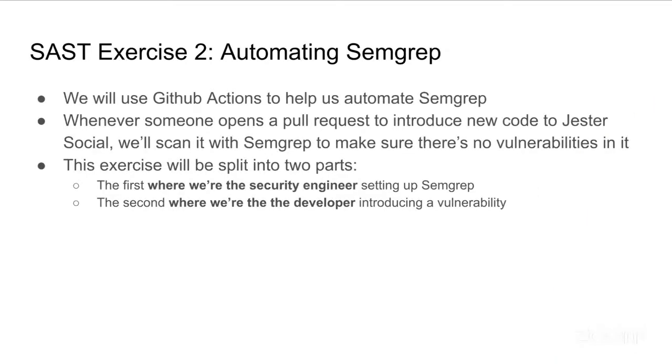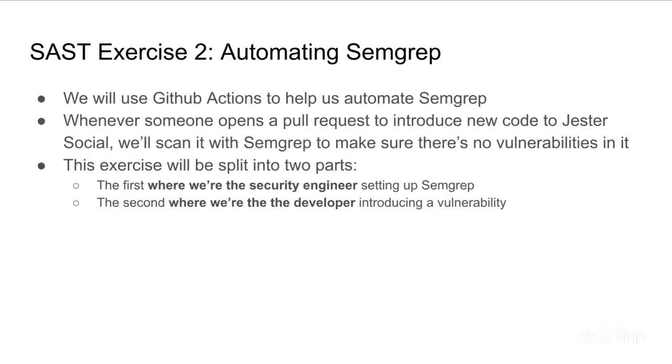So Mark mentioned earlier the concept of GitHub Actions. GitHub Actions is how GitHub lets you run code whenever someone opens a pull request. So for example, when a developer wants to propose a new piece of code for the code base, they'll open a pull request. What we can do with a GitHub Action is analyze this code before it